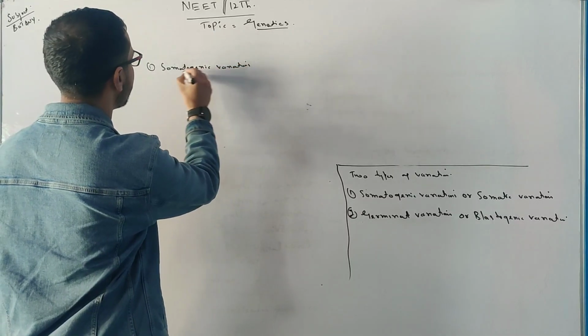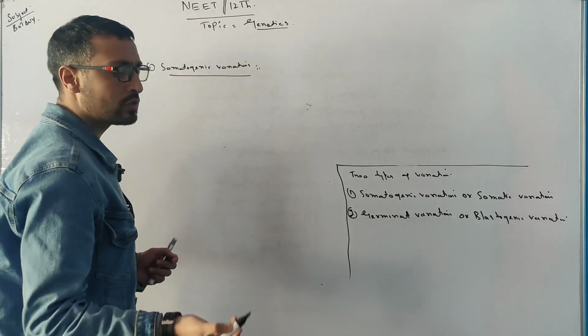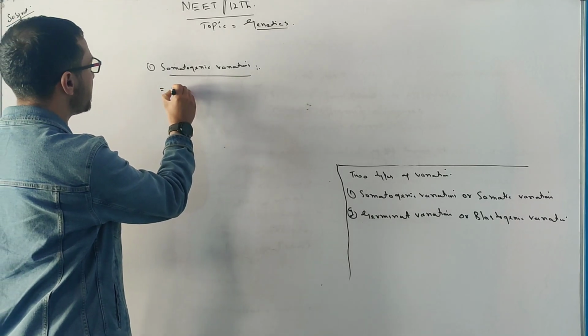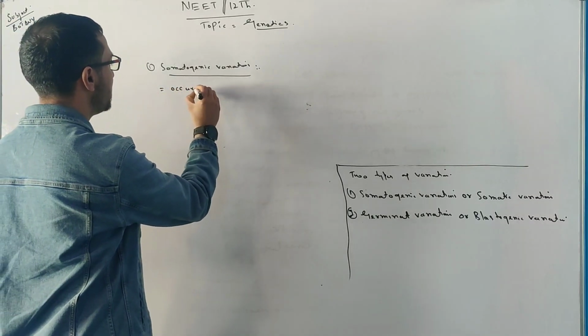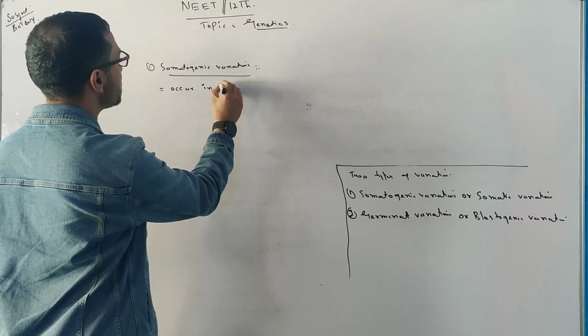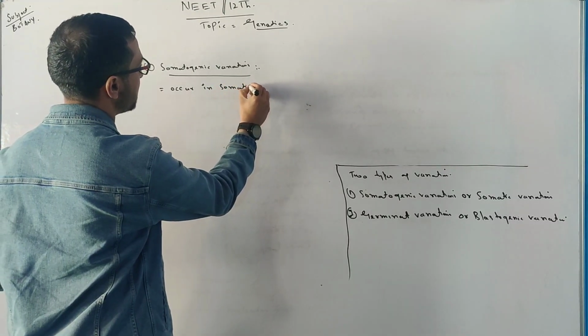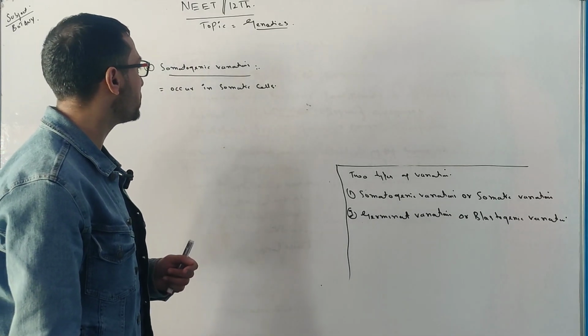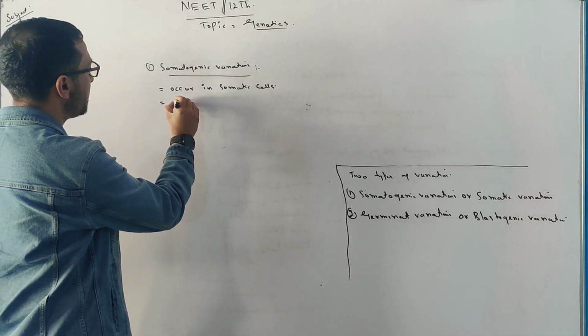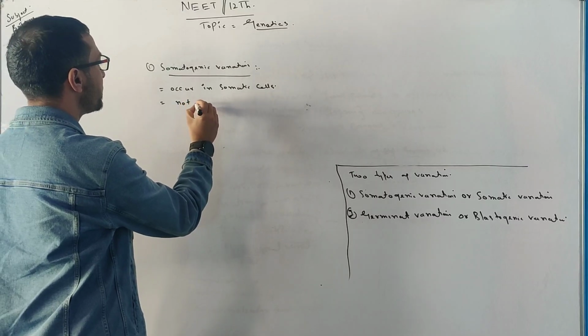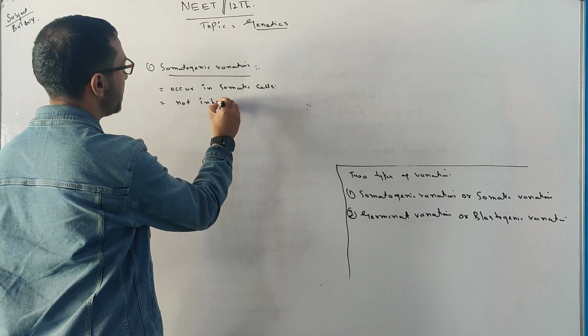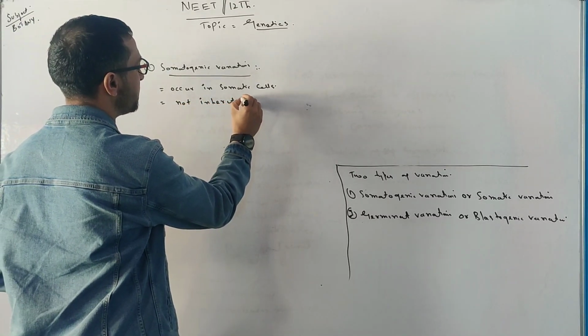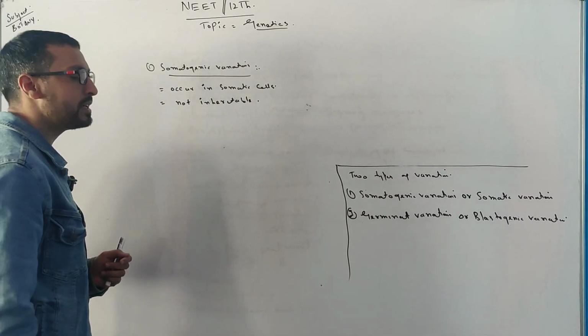So far as somatogenic variations are concerned, those variations that occur in somatic cells, they are called as somatogenic variations. So they are not inheritable. They are not inheritable means